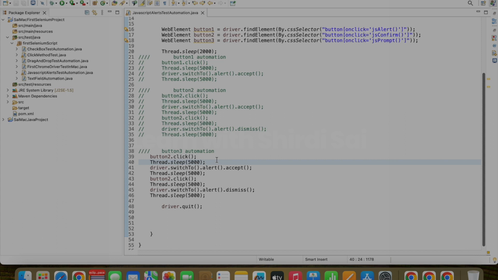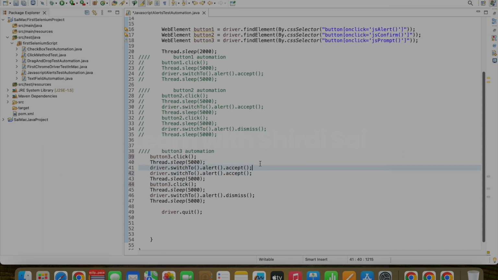So for that only one additional step. I will change this to button 3. Before accept, I will copy the same line and paste it. Here instead of accept, I will pass sendKeys. Okay, inside that I will pass some text like